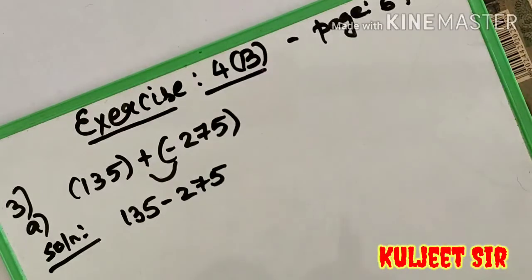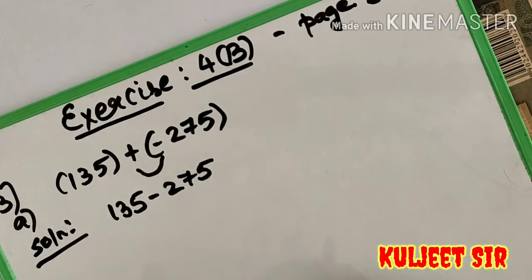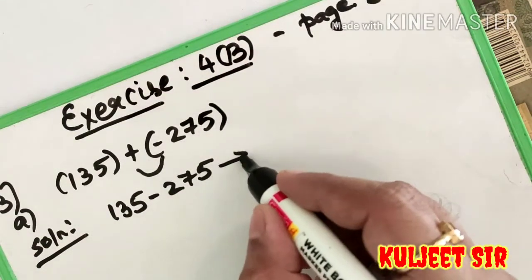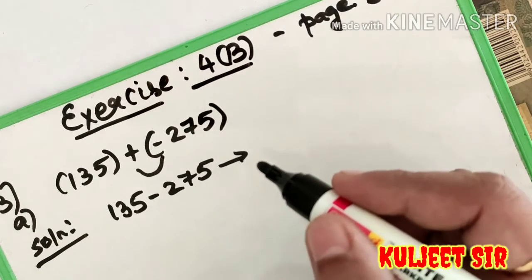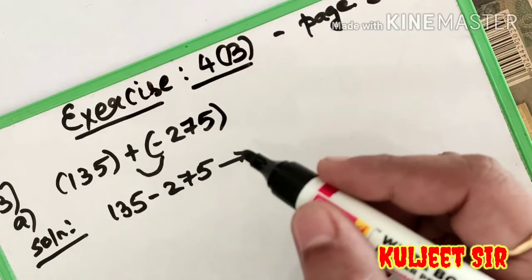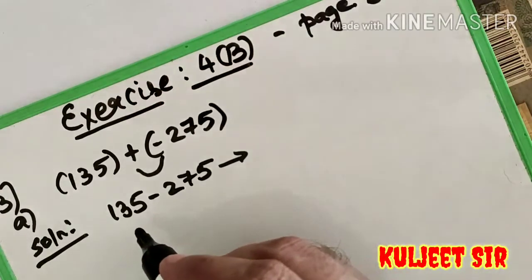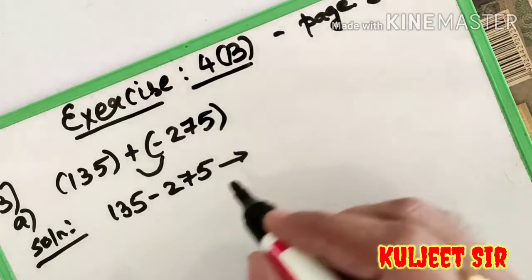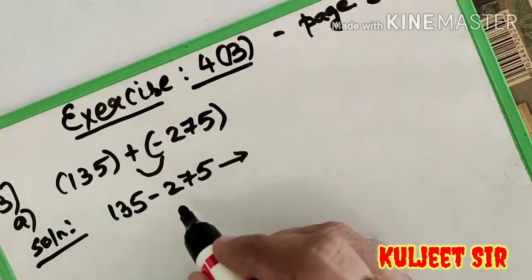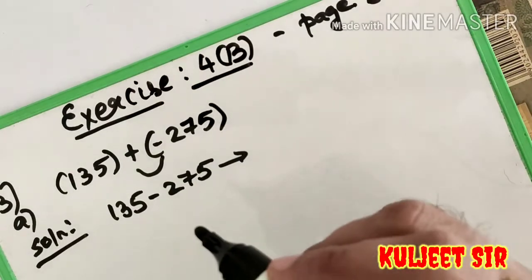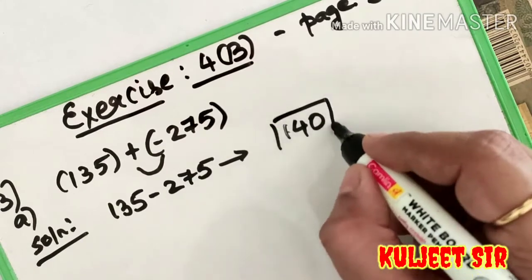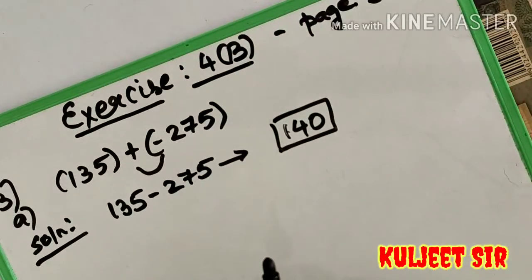Now I have taught you addition of integers with and without the number line. You can see there is a bigger number, minus 275, over here. So we are on the negative side of the number line, or to the left of the number line. Minus 275 is a greater number. So when we solve this, we can write it as 135 minus 275, and we will get an answer in negative. When we subtract 135 from 275, we will get 140 as our answer. So for the first sum, A part, we get the answer as minus 140. This is our sum number 3, A.